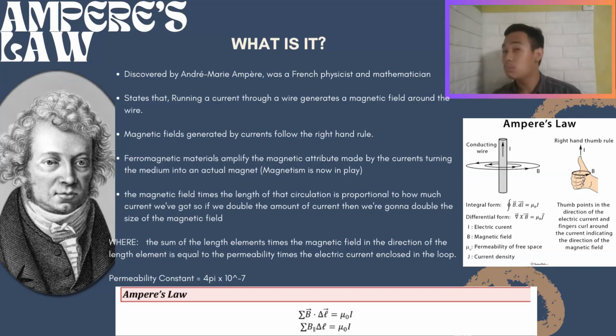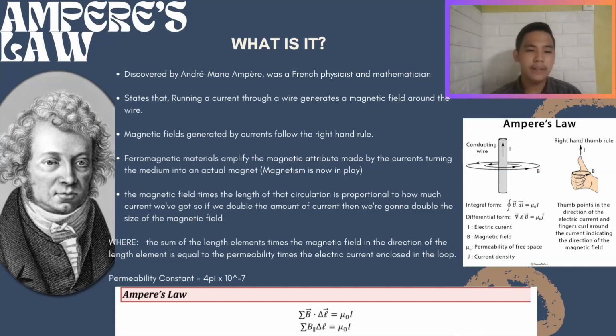Why did it move? Ampere's Law says that when we flow current through a wire, it generates a magnetic field. Amazing, right? This magnetic field affects its surrounding areas. So, let's go back to what magnetic fields are. As mentioned, magnetic field comes from the word magnets, electromagnetism. It has an attract and push effect, right?